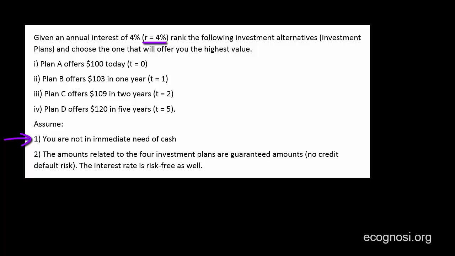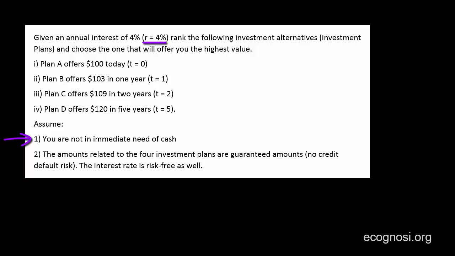Assuming you went through your thought process, the reason I imposed it is because if I didn't do that, somebody might have come and told me, Andreas, I really need cash right now, so I don't care about running an analysis. I will choose plan A that pays right away. And actually, that's a perfectly valid answer. But because over here we do want to run an analysis and find out which plan offers the highest value,